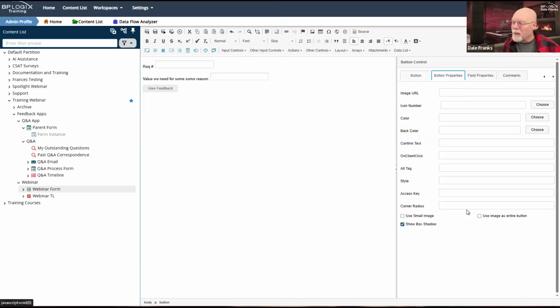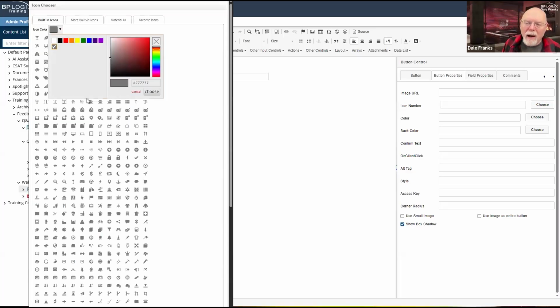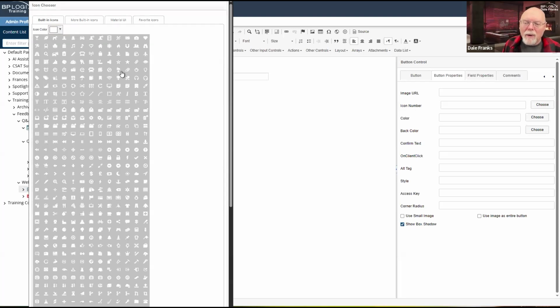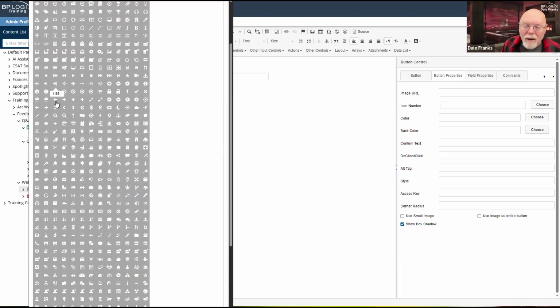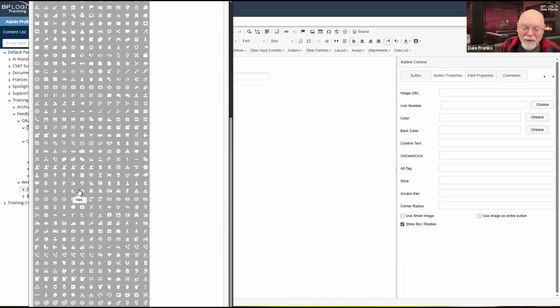and just for completion's sake, I'll go here and I will pick an icon. So I want the icon to be white because I'm going to color the button. And what's a good feedback icon? I could sit here and look at this for days. We don't have that time.